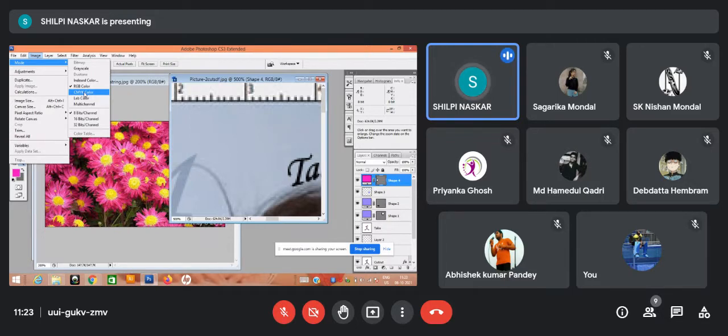Okay, so if you add R plus G plus B, you will be getting white, but if you add CMY, you'll be getting black as output. Say, if you add R plus B, you will be getting magenta. If you add R plus G, you will be getting yellow. If you add G plus B, you will be getting cyan.